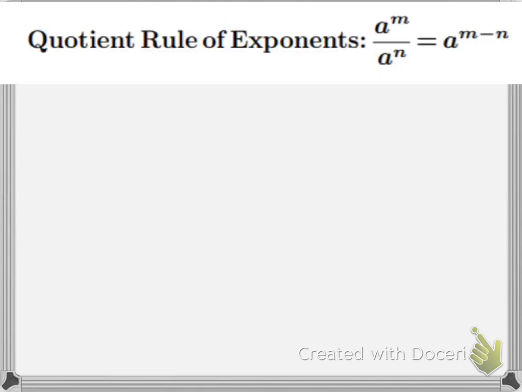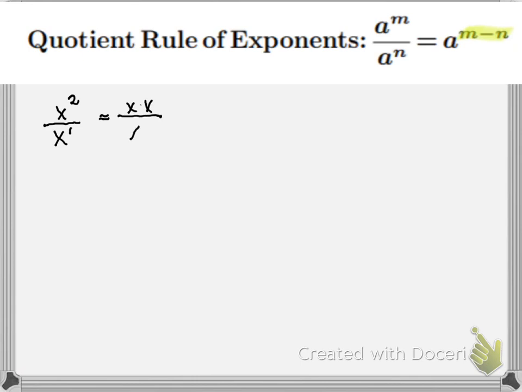So the quotient rule of exponents says that if I have a number or a variable, let's call it x, raised to, maybe the second power, divided by the same variable with a different exponent, x to the first power, all I need to do is subtract these exponents to get my final answer. So just like we did in the last video, we can write this out